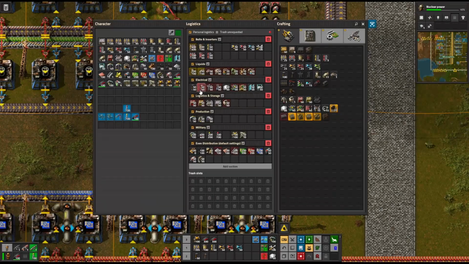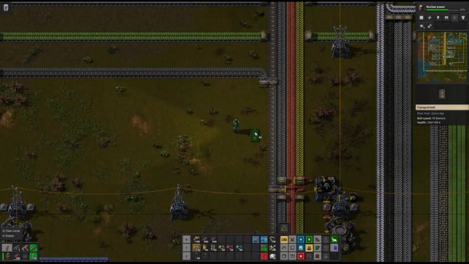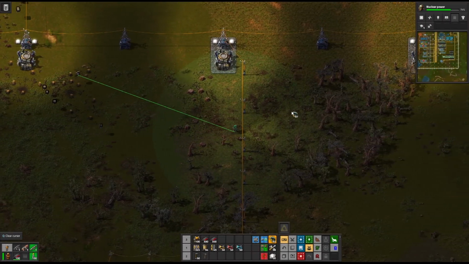Okay, and we should make that a red box. So the robot frames and the blue circuits need to come off the bus. 1, 2, that'll be our blue line. Okay, I'm going to put our production of yellow science